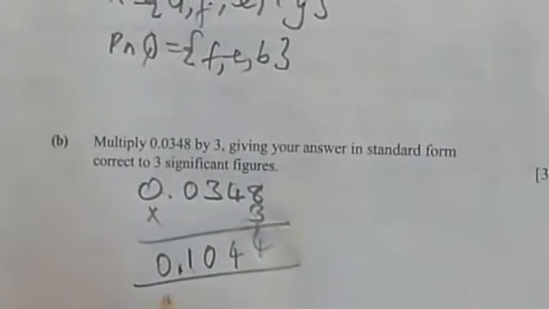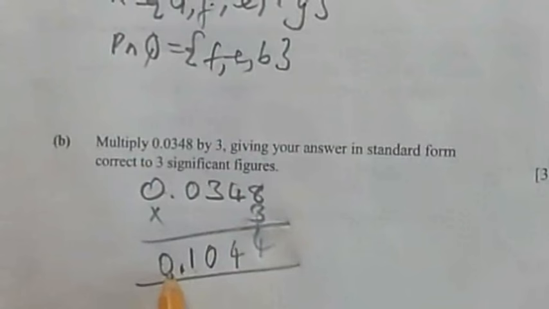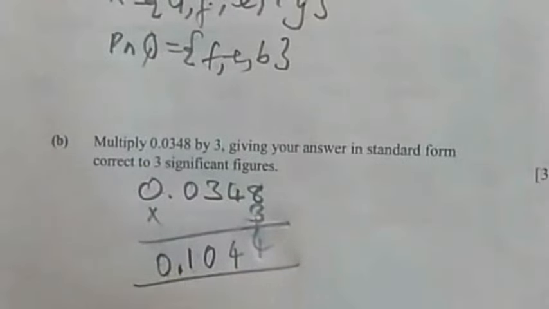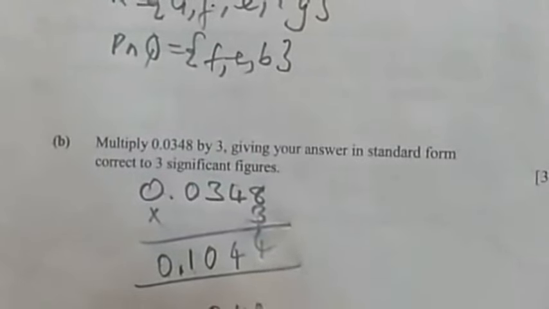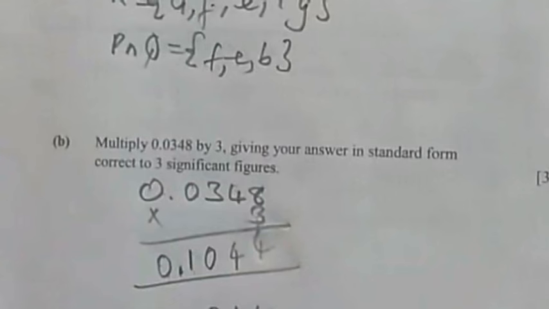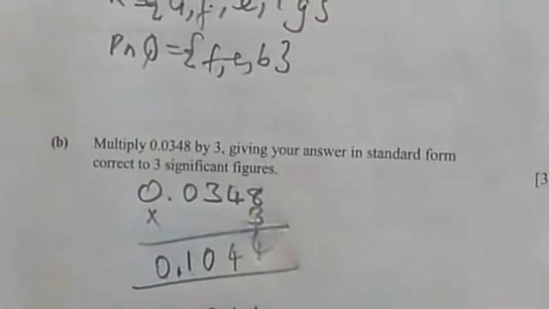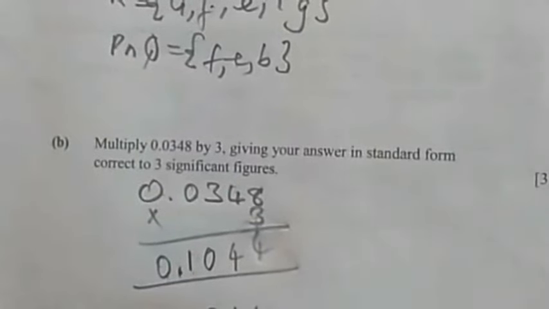So this 0 is not a significant figure. That means this point will come this side. Okay, so we're going to have 0.1044. I need to remain with 3 significant figures, which means this point is going to come this side. This 0 is not a significant figure, so this point will come this side. So I'm going to come up with